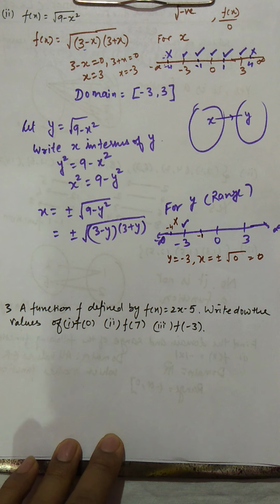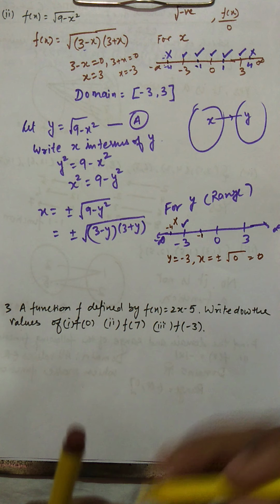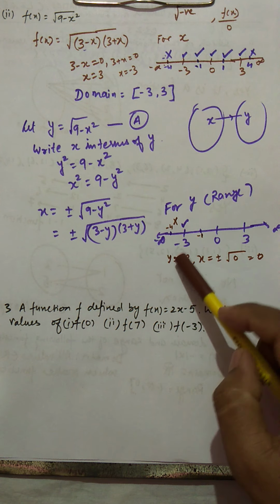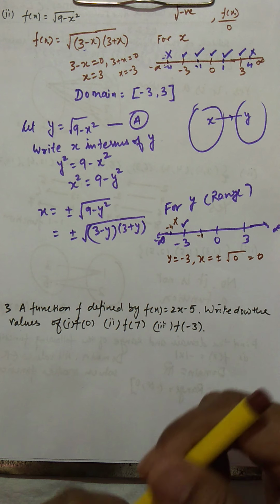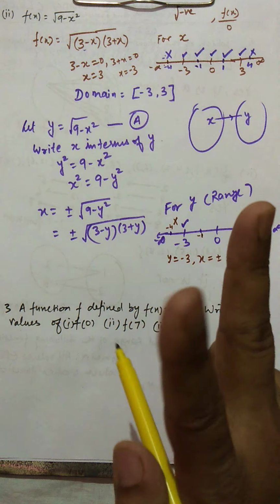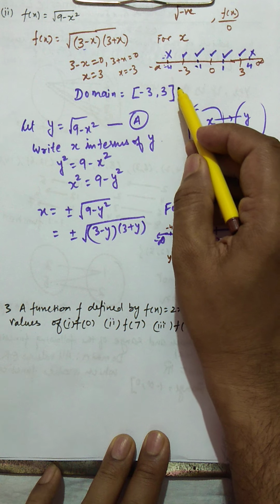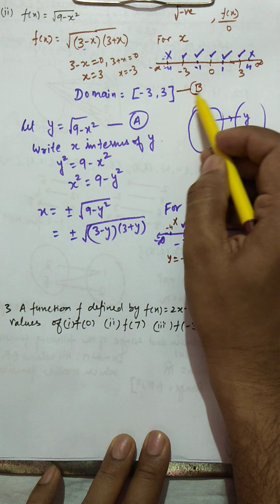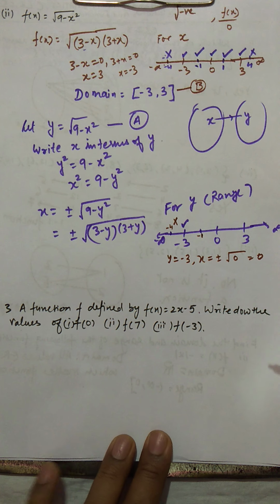If we take -1, we'll see what kind of answer we get. We just saw that if you take y equal to -3, then x comes out 0, which is fine. But one more thing you have to note down: after putting values, you have to take care of two steps. The first step is the domain. You check whether this value belongs to the domain. Yes, it belongs, fine.